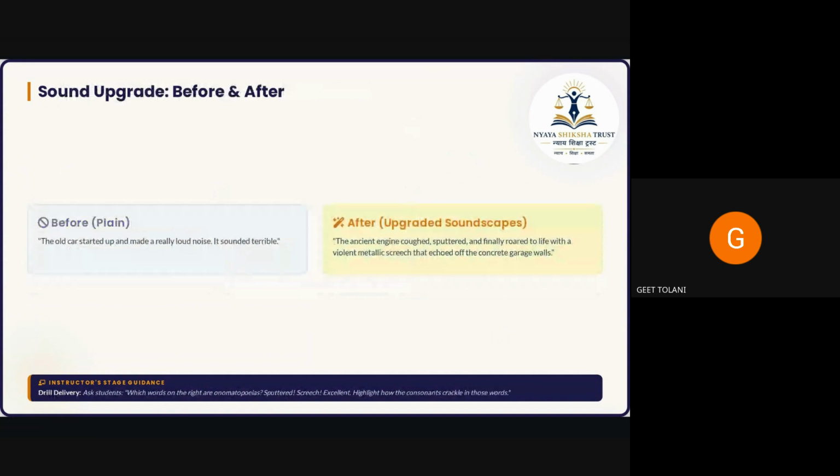Now, what upgrade does this do? Before, for example, you said the old car started up and made a really loud noise. It sounded terrible. And the after is the upgraded version in which you used the sense of sound: the ancient engine coughed, sputtered, and finally roared to life with a violent metallic screech that echoed off the